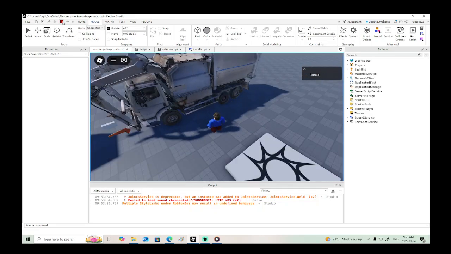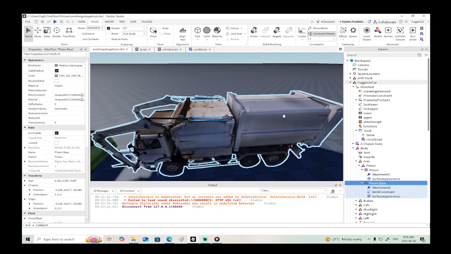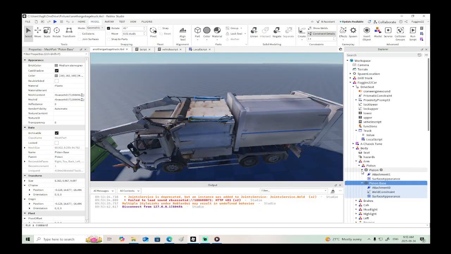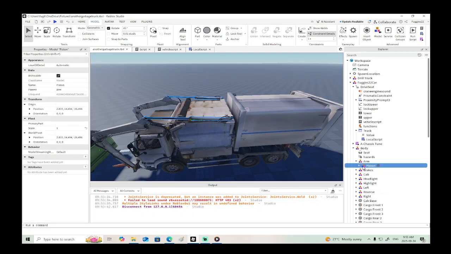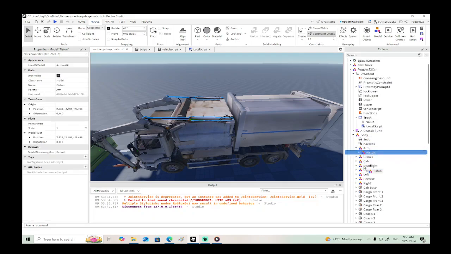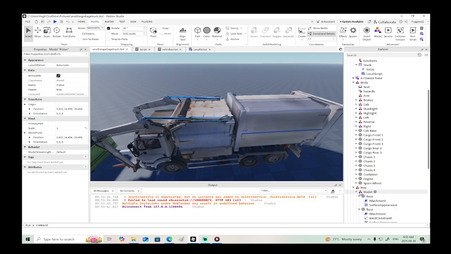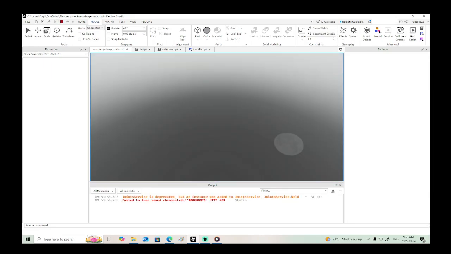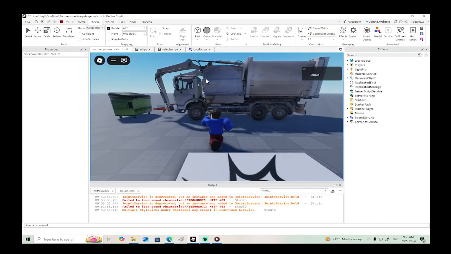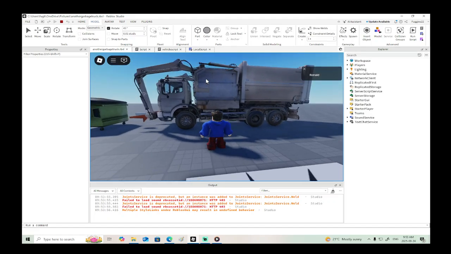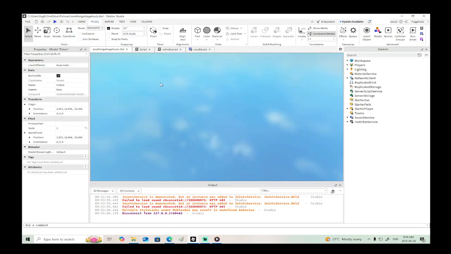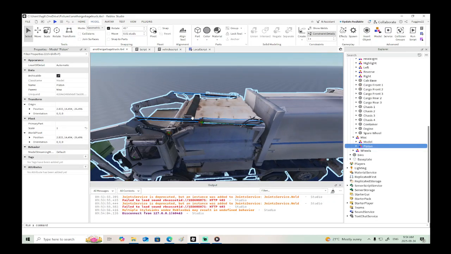Oh, it didn't disappear. We have to put this inside miscellaneous now. Oh, okay, now it should work. Ooh, that's pretty cool action. Yeah, nice. Okay, so now what we need to do is